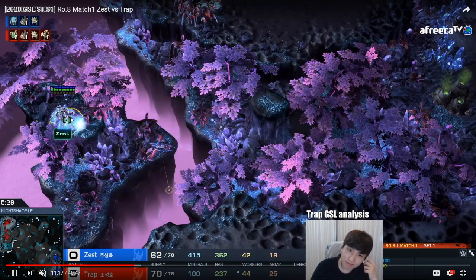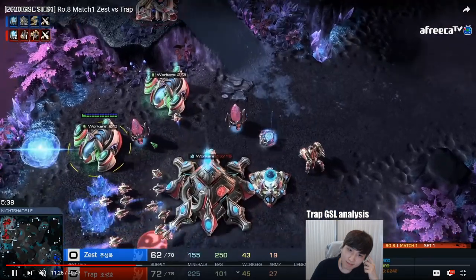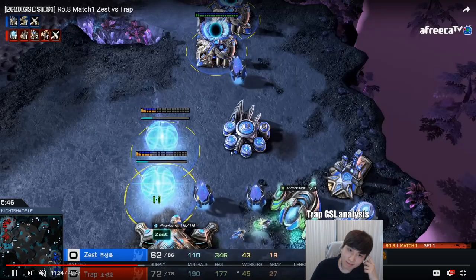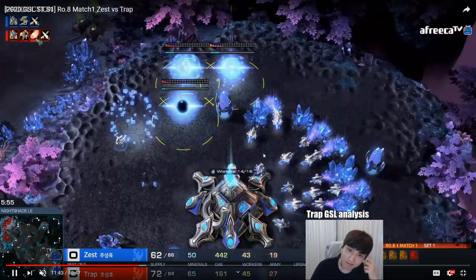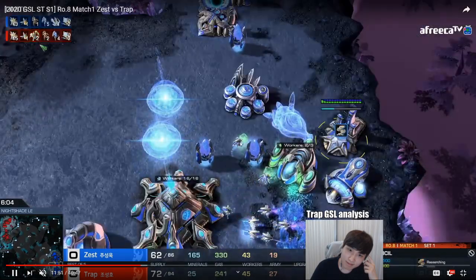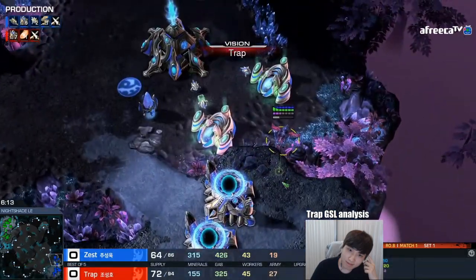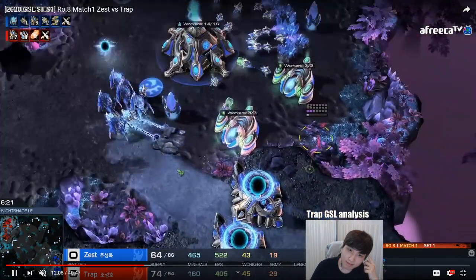So, Zest's Spore Prism gets easily spotted as well. Trap was able to get into the +1 relatively quickly. It's right on time with Zest's. But he was also able to get a lot of early probe kills with those adepts, enough that it put him into a good enough lead. And since he already had a probe lead from earlier, because he chronoed out probes quicker, because he knew it was going into macro before Zest did, it allowed him to get to 2 base saturation quicker, which means he's